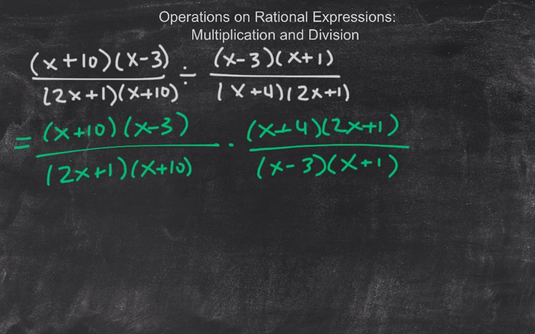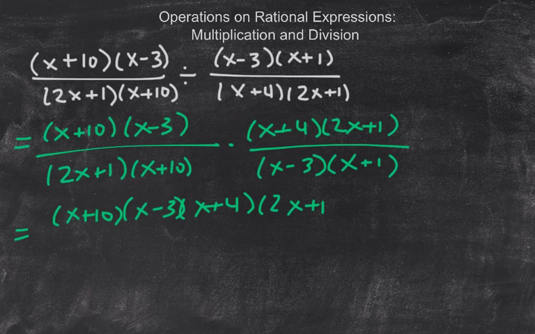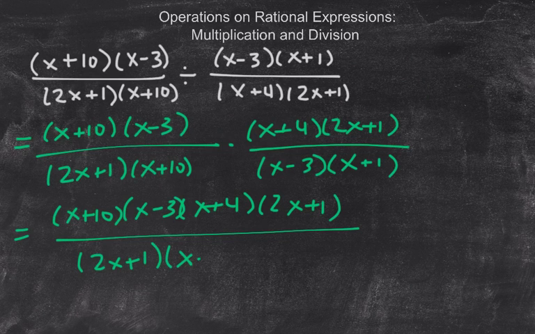Alright, and now that I've got a fraction multiplication problem, I can write this as the numerators multiplied together: x plus 10 times x minus 3 times x plus 4 times 2x plus 1, divided by 2x plus 1 times x plus 10 times x minus 3 times x plus 1. Oops, that's a little hard to read. So instead of rewriting this as all of my giant ones multiplied together,